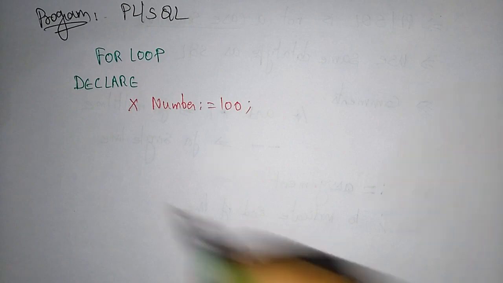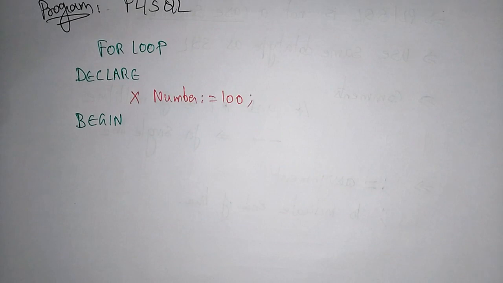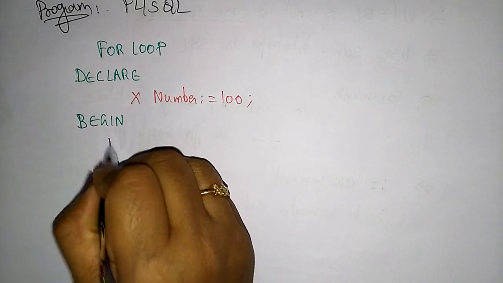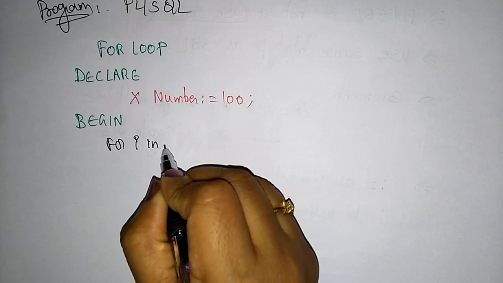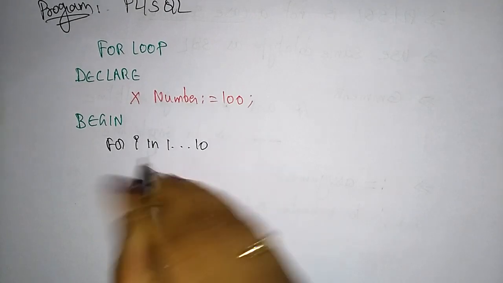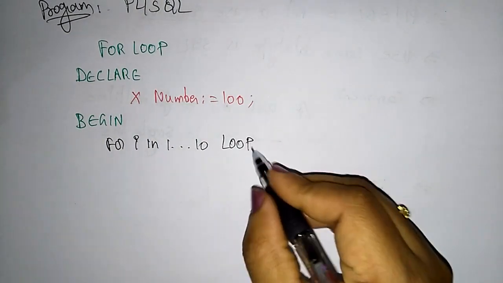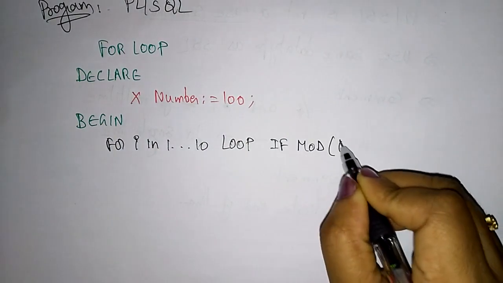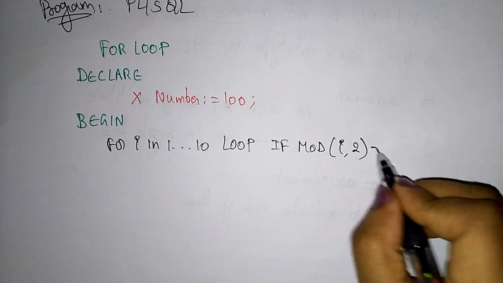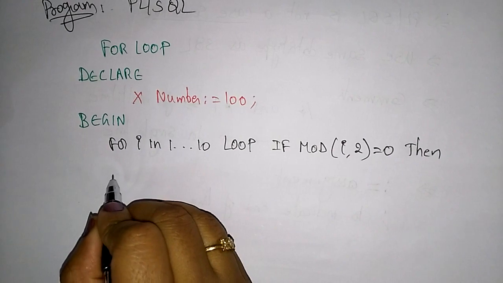Now I want to begin the program. After writing BEGIN, you have to write the execution part, that is, what you want to be executed in the program. FOR I IN 1 TO 10, this is a for loop. For 1 to 10 you have to run the loop. IF MOD(I, 2) = 0, then you have to insert the value,